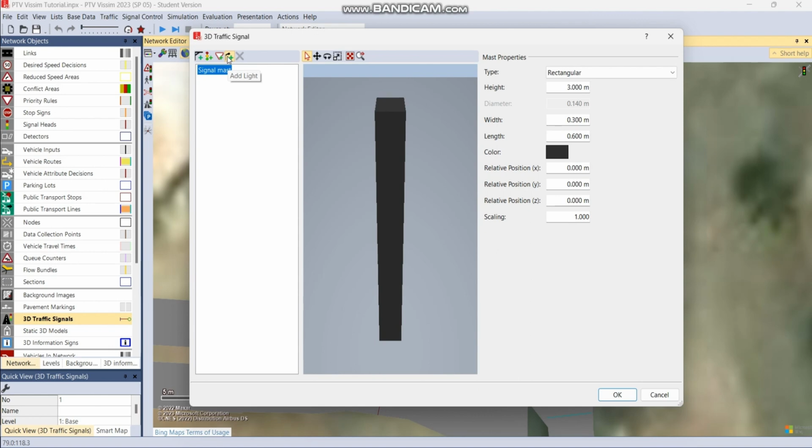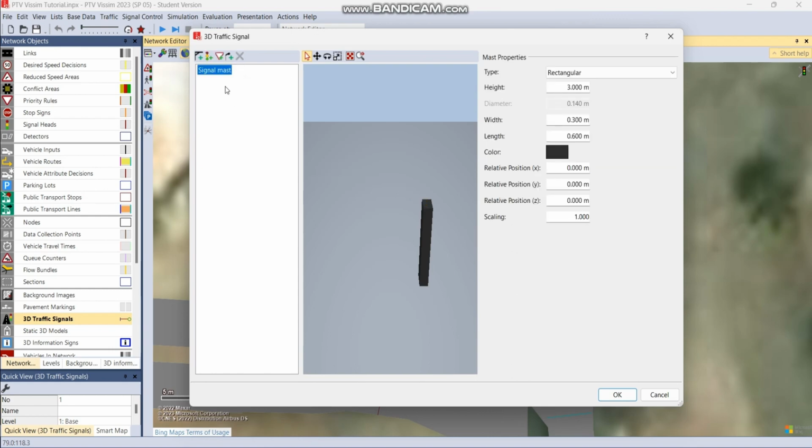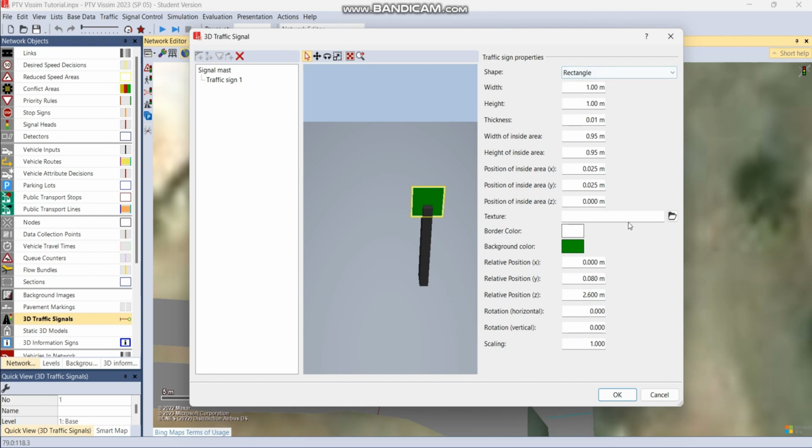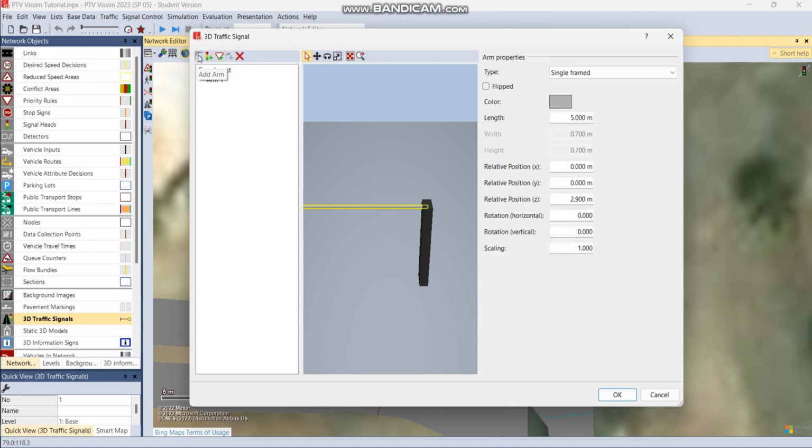You can add even a light and edit the length if you want. To delete an item, select the item and click the X icon. You can also add a sign and edit the properties. For now, I'm going to use an arm. I'll edit the length